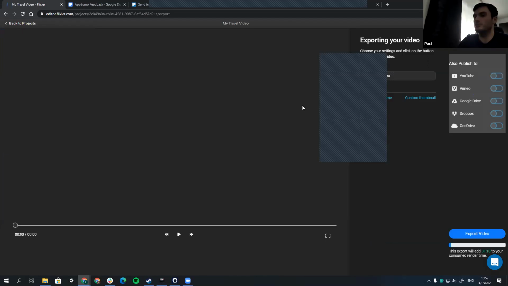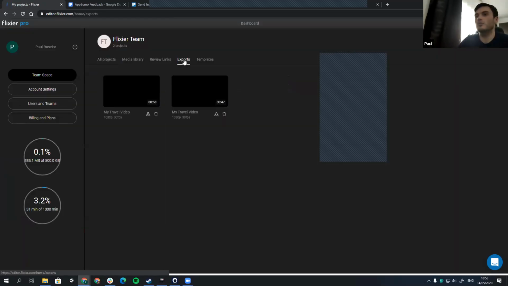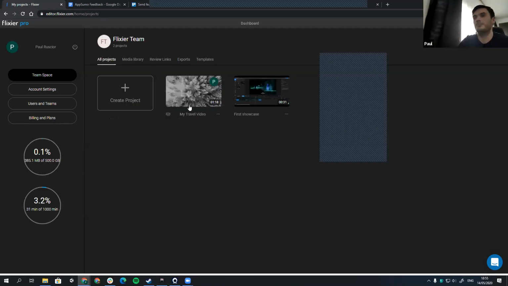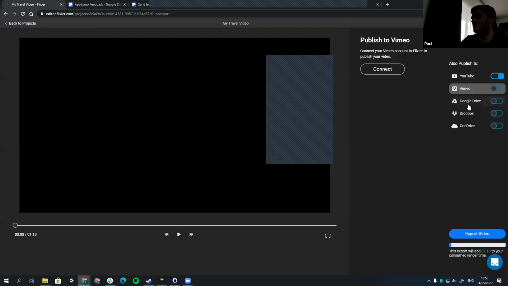And after it's exported, you can download it from the dashboard. So from the exports panel, you can download it as many times as you want. You can just come back here and download it 100 times if you want to. That doesn't matter anymore, but only if you export it many times. But, let me show you this again. So if I click export in here, and then I select all of them at the same time. So let's say I have 5 places that I'm going to publish at the same time. It only counts as one time, because